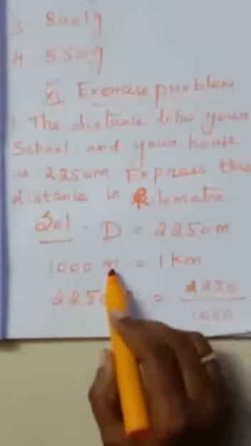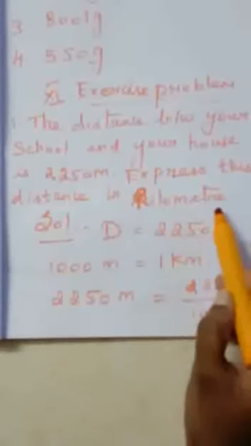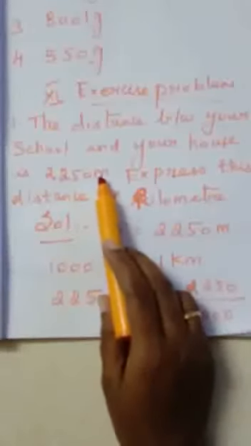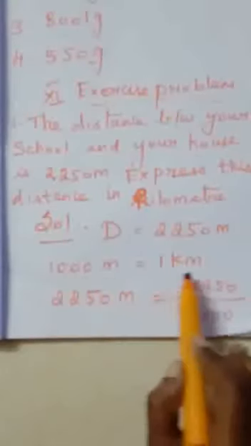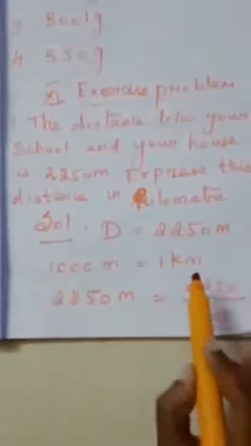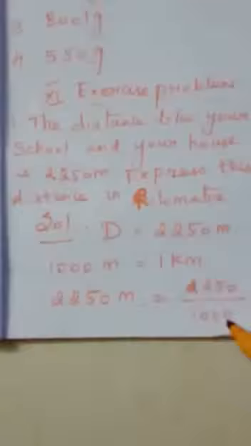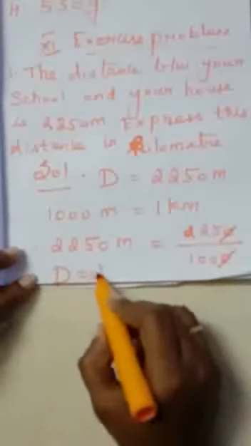So here the question is given in small quantity, which is meter. The answer you have to find in kilometer, which is large quantity. When the conversion is given like small quantity to large, that is big quantity, absolutely you have to divide, right? So in that manner, 1000 meter is equal to 1 kilometer. It means in 1 kilometer, how many meters are there? 1000 meter. So with the help of that 1000 value, we are going to divide this. 0 will get cancelled, and finally when you do this, the answer is distance is equal to 2.25 kilometer.